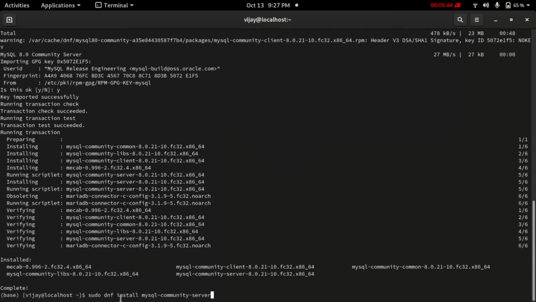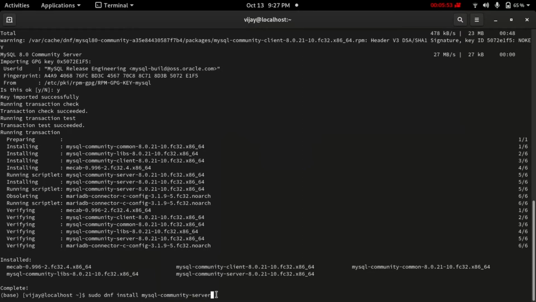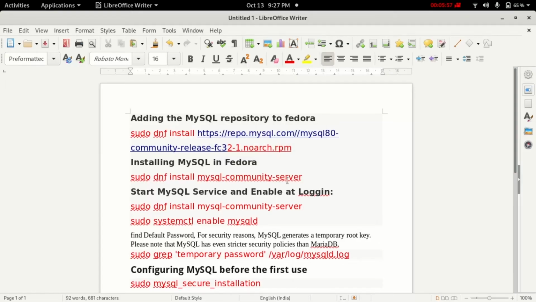Okay, it is written here also, sudo install mysql-community-server. Okay, something is missing here. Okay, leave it. Yeah, so it is already done.